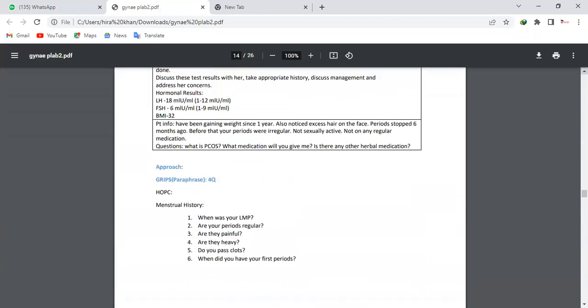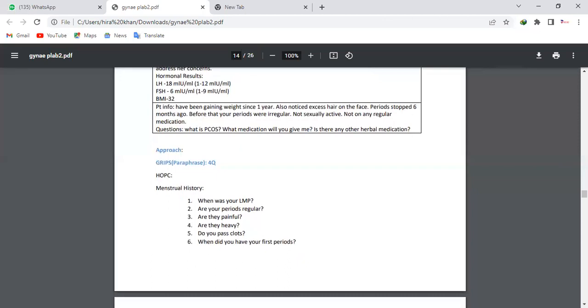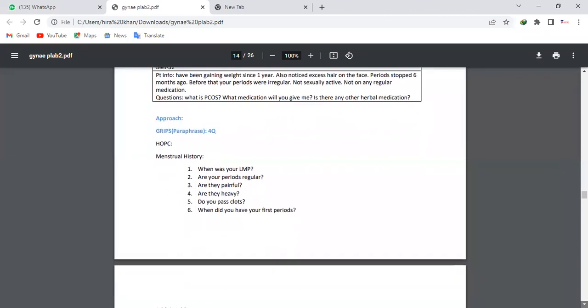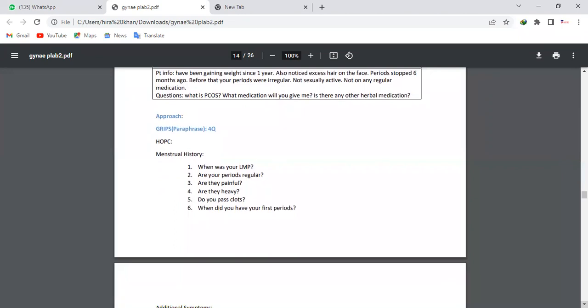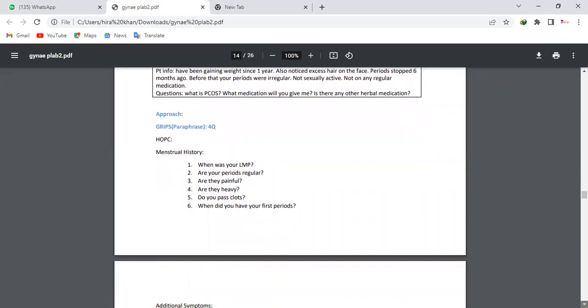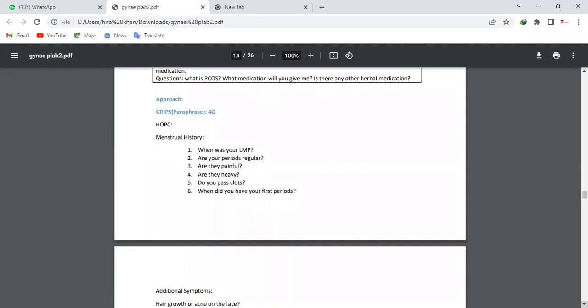All right. So, Dr. Siddharth, it was good. You have covered most of the points, but there are a few things that we still missed. For example, the scenario is very clear in front of you that it is the PCOS case, but still we have to confirm it. So, first of all, we need to ask questions like the presenting complaint and all the other questions related to PCOS, all the symptoms.